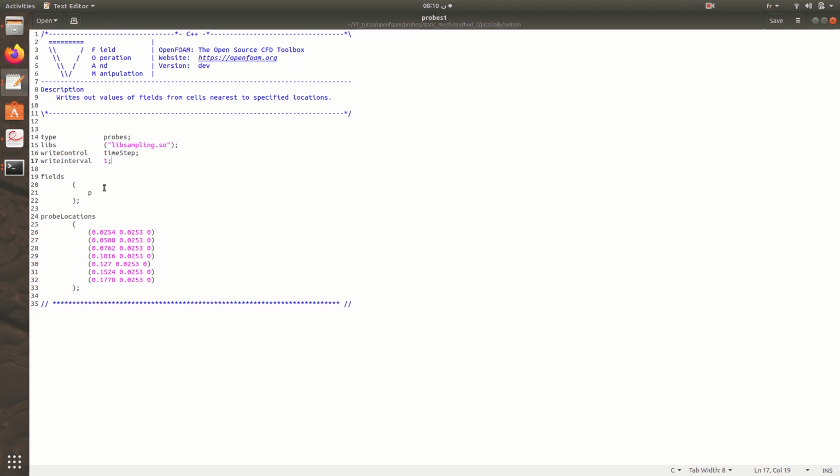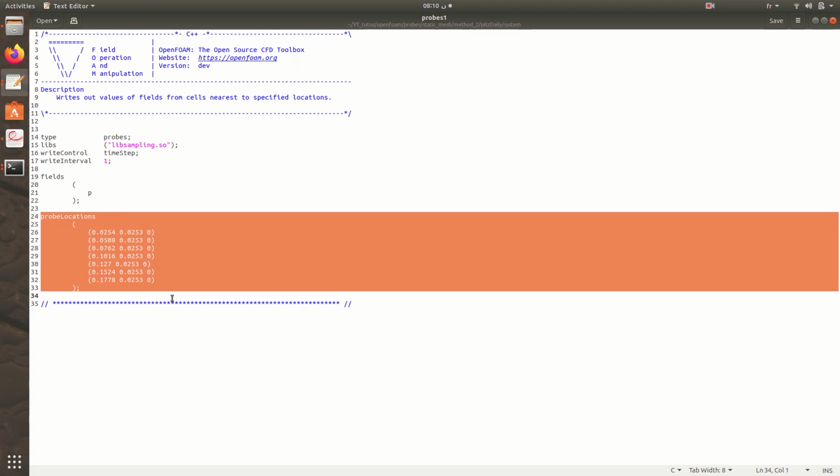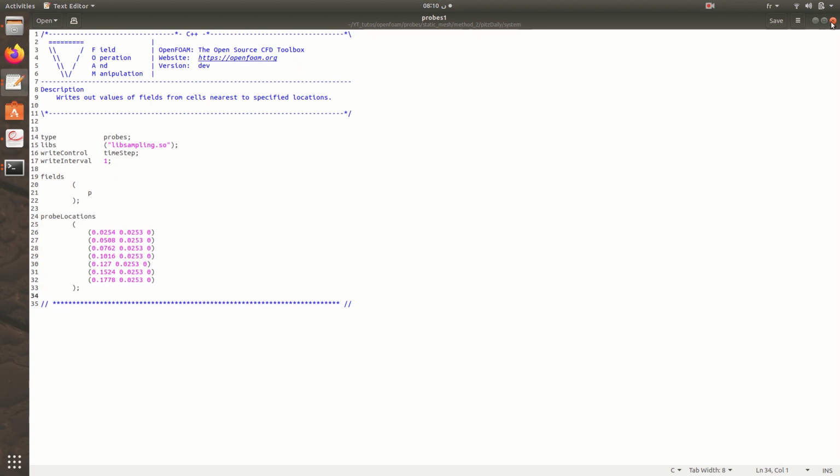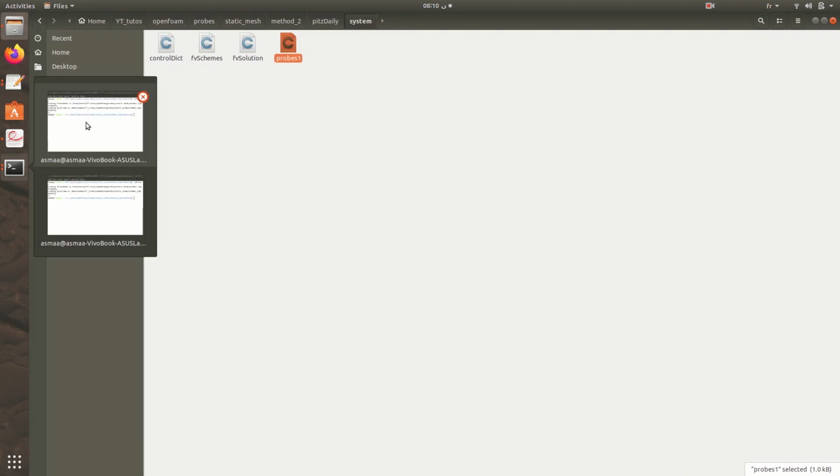And here we specify the type is probes. Then the library, it's the same setup that we put in controlDict earlier. So this is a file to execute after finishing the simulation. Then the fields, p, and the probe locations, we define the points. And for executing this file, we need to run the command